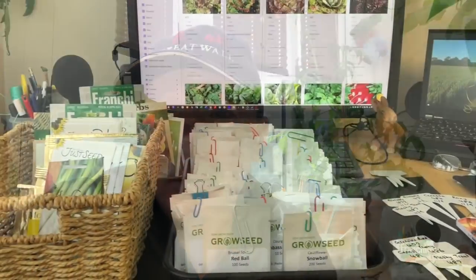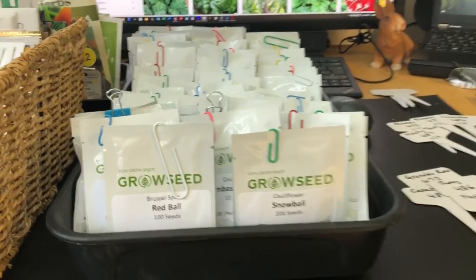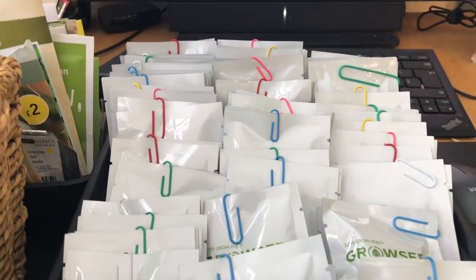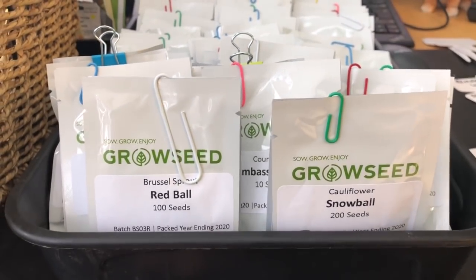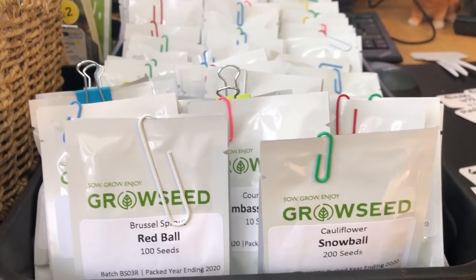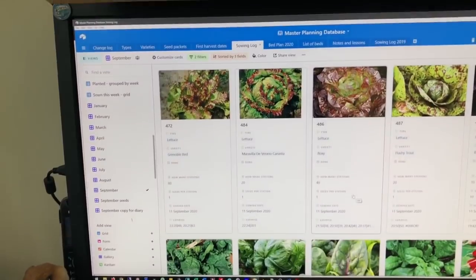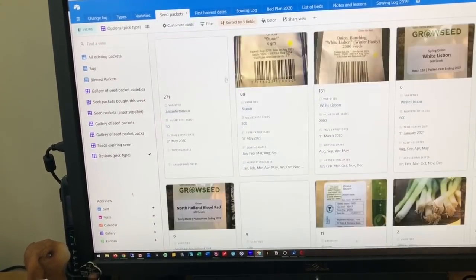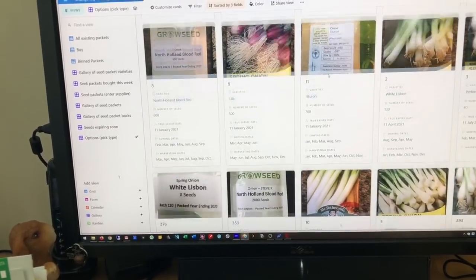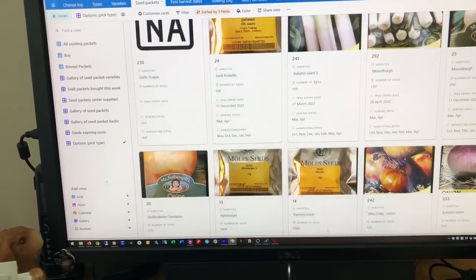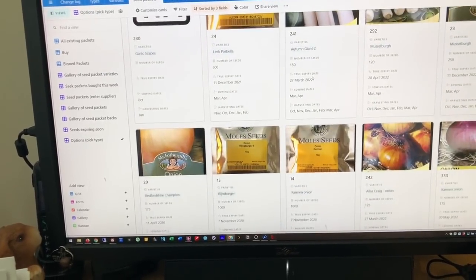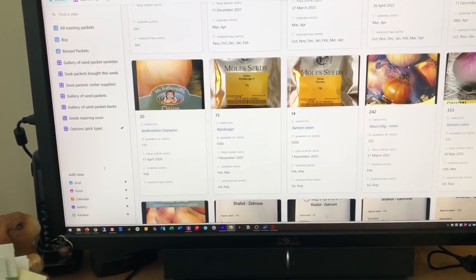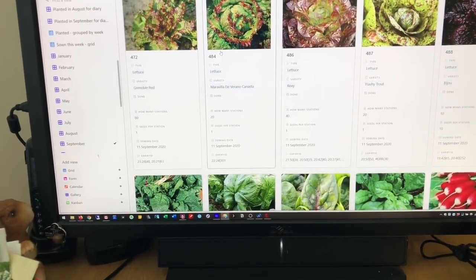So I don't normally show myself sowing seeds, but as a special treat today, because it's a really important seed sowing day today, I thought I'd just take you through my process. So this is the kind of organised chaos. These are most of the seeds that have yet to be logged, and I log them into my database under seed packets. And so here you can see all the seed packets that I'm going to sow over the next year or so. So if we go back to a sowing log, these are the seeds that I'm sowing today,